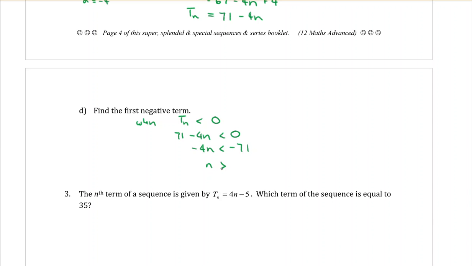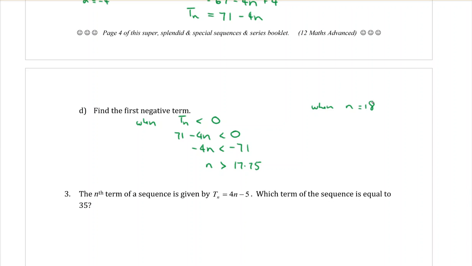And 71 divided by 4 makes 17.75. Okay, so 0 is not one of the terms of the series, but we want to find the first one that's going to be negative, which will be the next number bigger than that, which will be 18. So over here, I'm going to say when n equals 18, because I actually want to find out what this first